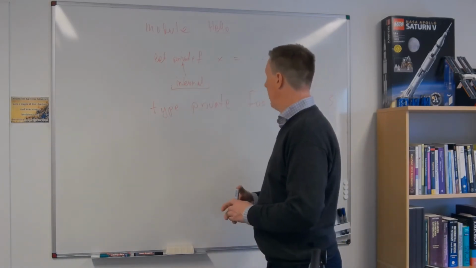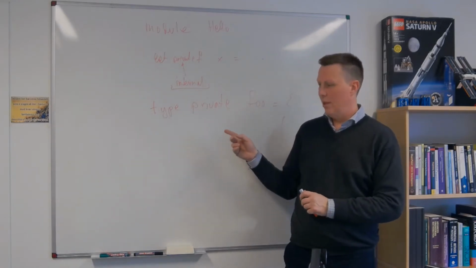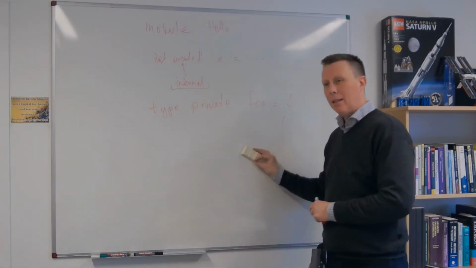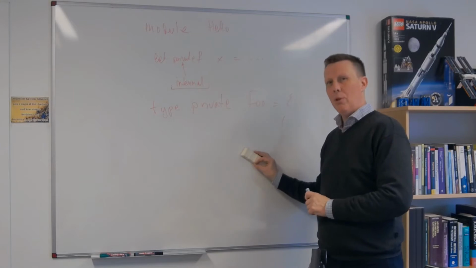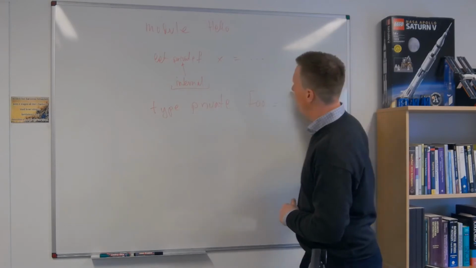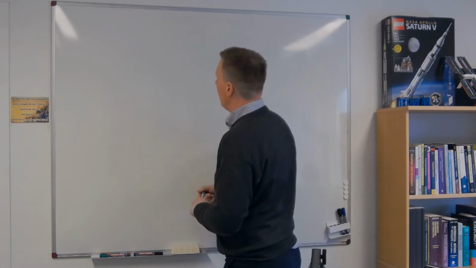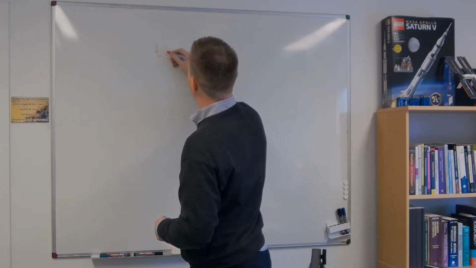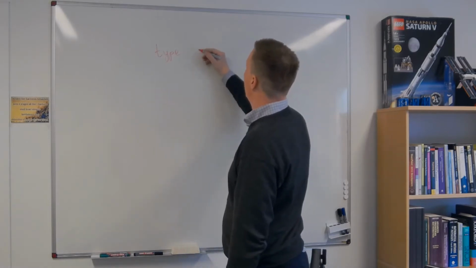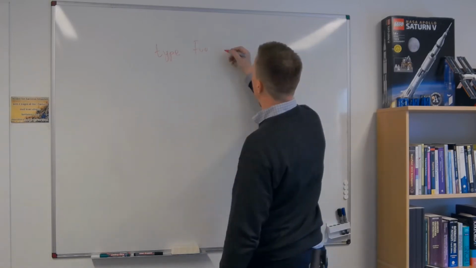But there's a case which is super useful. Really super useful. And that is having a public type but with a private constructor. So I'll show you how to do this, and then I'll explain why this is a good idea. So I can say type foo equals